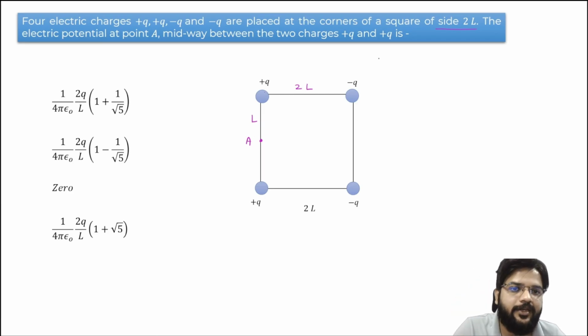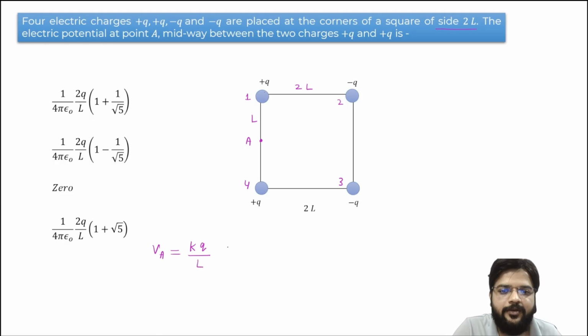All right, so potential at A point we want. So let's see what we will get. I'm writing potential at the A point, everyone. First of all, I'm writing due to this plus q charge. This is first, this is second, this is third charge, and this is fourth charge. So potential due to the first charge at A point is kQ by L. Now potential due to this second charge at A point can be written as what, everyone? See, at the second point we have negative charge. So potential should be negative at the A point due to this minus q charge. So it is minus kQ by